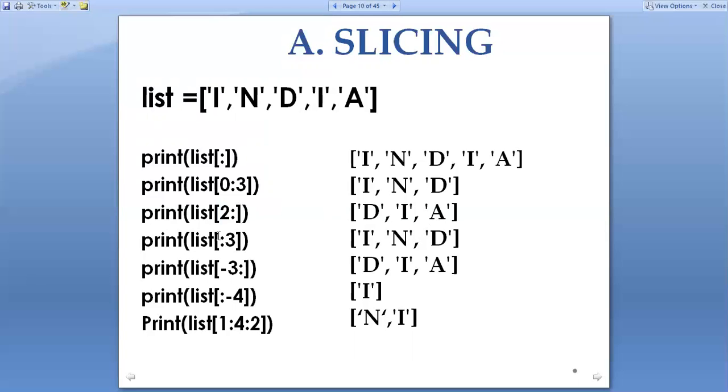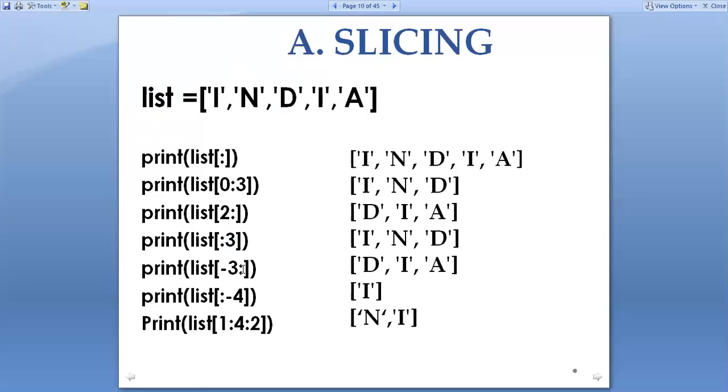And print list colon 3. From the beginning, I, N, D will be displayed. I am giving the beginning first. If I put 3 here, it will not display anything else. Only other characters will be displayed here. And 3 means the value given after the colon. So here I, N, D will be displayed.